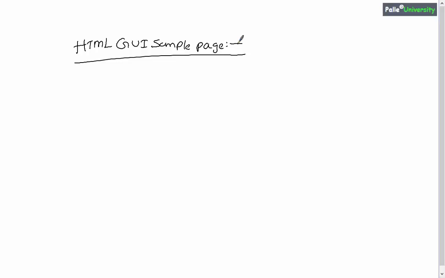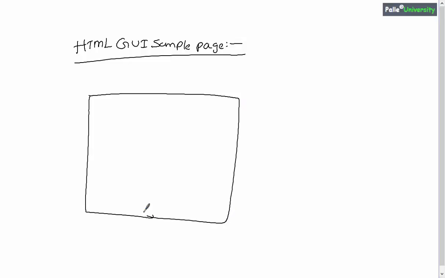In this session, we will try to create one sample using GUI controls or GUI HTML controls. By using GUI HTML controls, we will be creating one sample page. So finally, after creating the sample page, it should look something like this. So first of all, we have to give the page name as